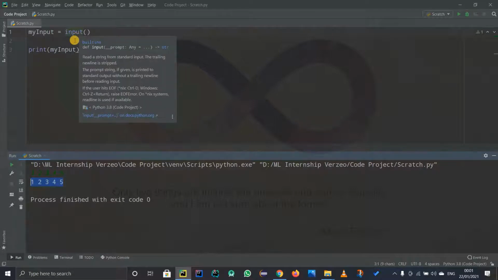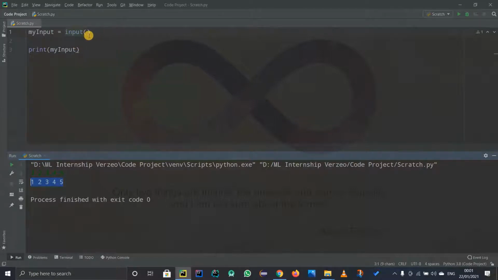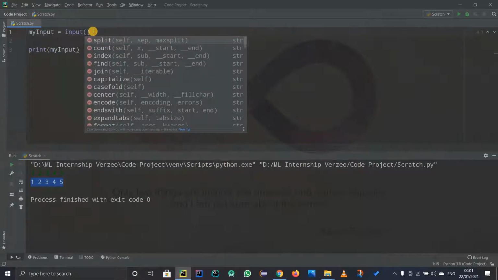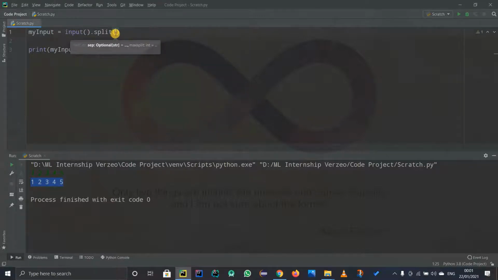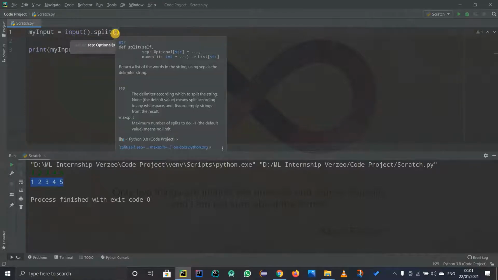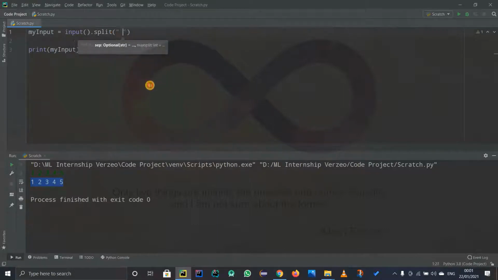Now I'm going to use string operations, and I'm going to split this string by using spaces. For that, you need to be aware of the split function. If you are not aware of it, don't worry, I'm going to explain it in brief, or simply Google it. So I'm going to say input dot split, as it is already suggesting me. Here the parameter is whatever we want to split the input by. So our split is going to be a space, because we want to split by using spaces. Like 1 and 2 will be split, 2 and 3 will be split, 4 and 5 will be split, and so on. That's what I want to do.